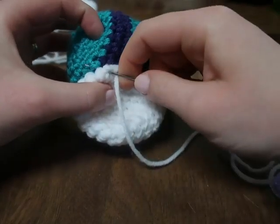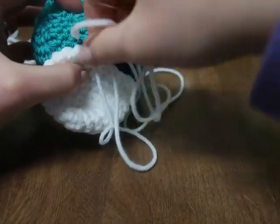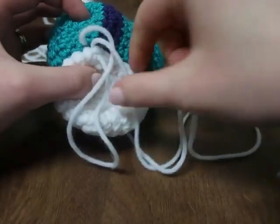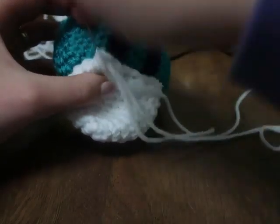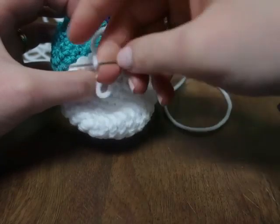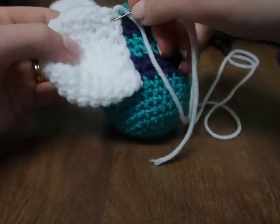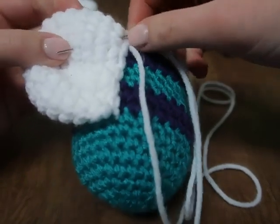And then once you're at the end, you're going to find a stitch that's as close to the end of the wing as you possibly can get it. And then you're just going to make a loop and finish off. And then what you can also do after you've made that loop to finish off is weave in and out of the wing itself. So you can take your needle and go through the wing and find a stitch